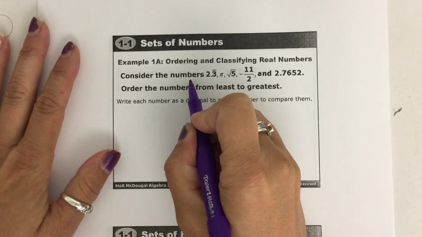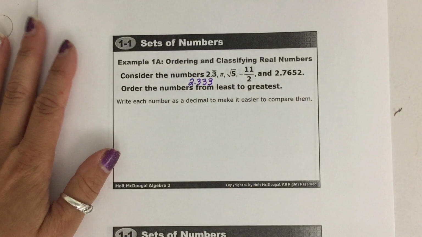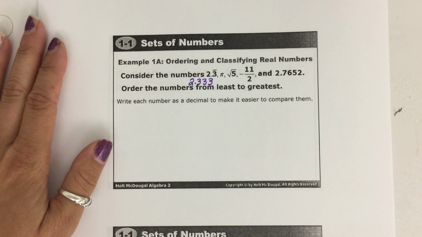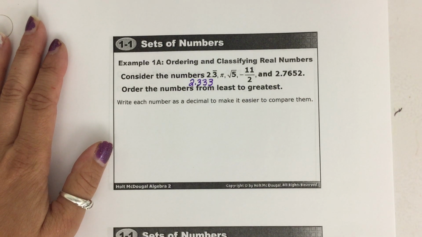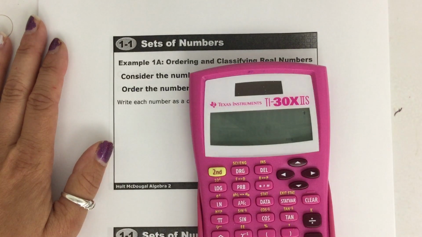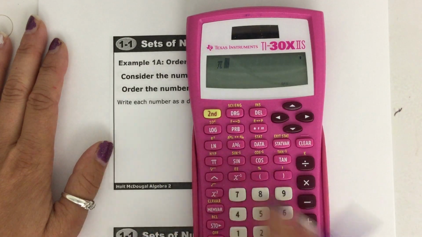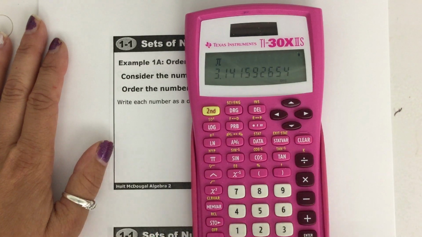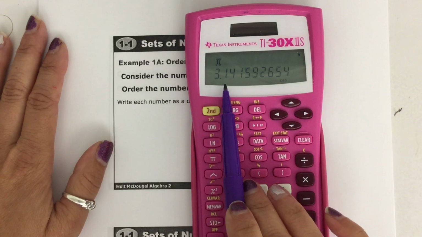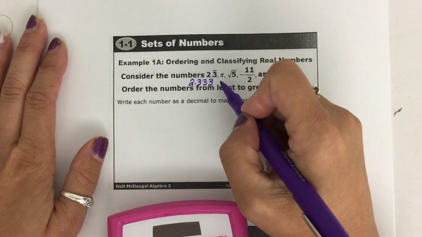So 2.3 repeating. What that little line above the 3 means is that you are taking that 3 and you're repeating it. So in decimal form, 2.3 repeating, if I'm going to 3 spots, it's going to be 2.333. Okay, now pi is 3.14. Let's say that they want you to have more digits than that. There is a pi key on the calculator. So if I go ahead and I hit pi, if I want to go to 3 digits, it's 3.1415. Well, that 5 would bump it to a 2. So this would be